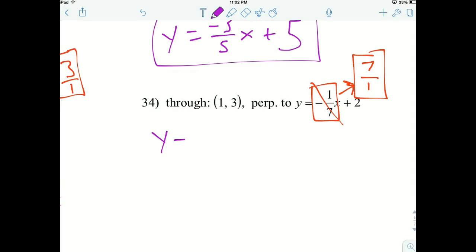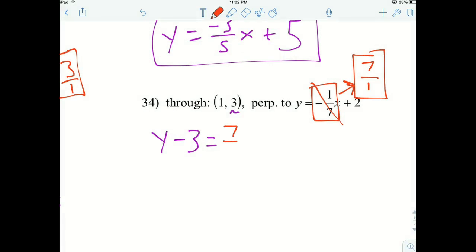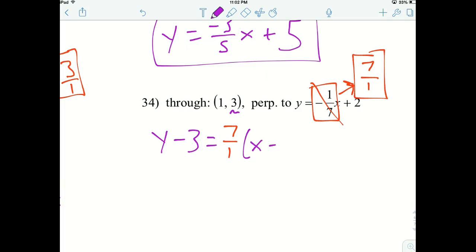We have y minus our y1 of 3 equals our slope, 7/1, times x minus our x-coordinate of 1. We want to clean up the right side to get rid of the parentheses, so we distribute our 7/1 to both parts,